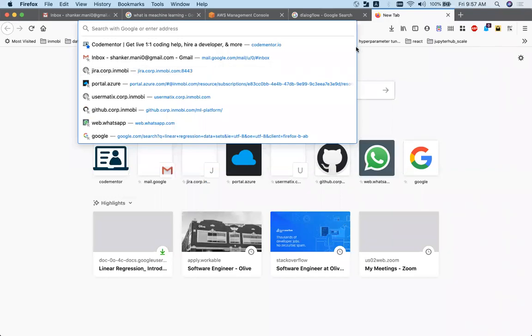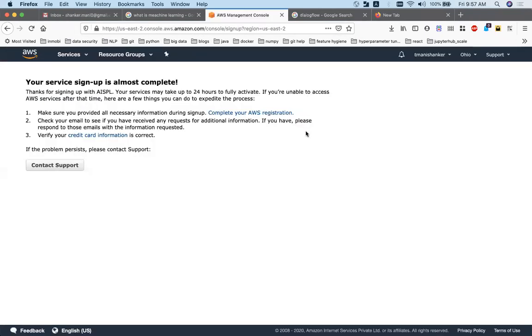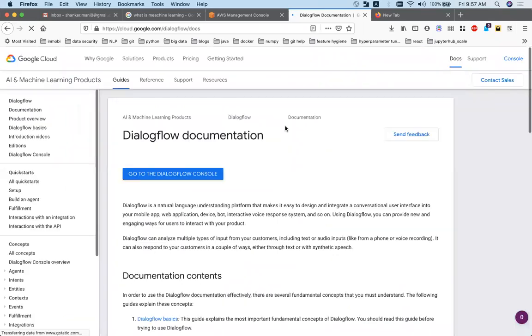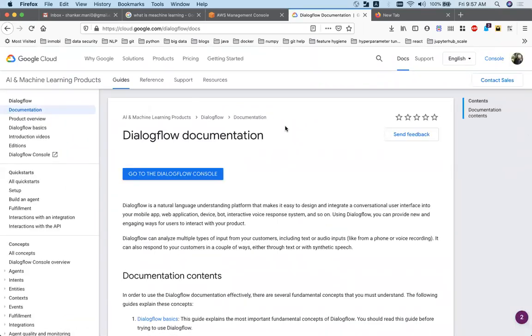actually, what I'm trying to explain is these skills will be complementing each other. What I mean by that is, you will say in your resume that I know what machine learning is, I know how to build a machine learning product and all that. If you also tell me that, okay, I know how to build a chatbot in Dialogflow, now you can come to my company on day one, you can actually build a chatbot for me and put it online, right?